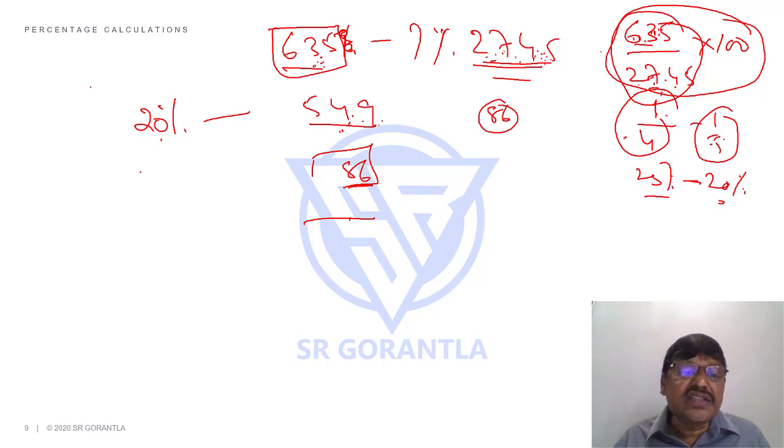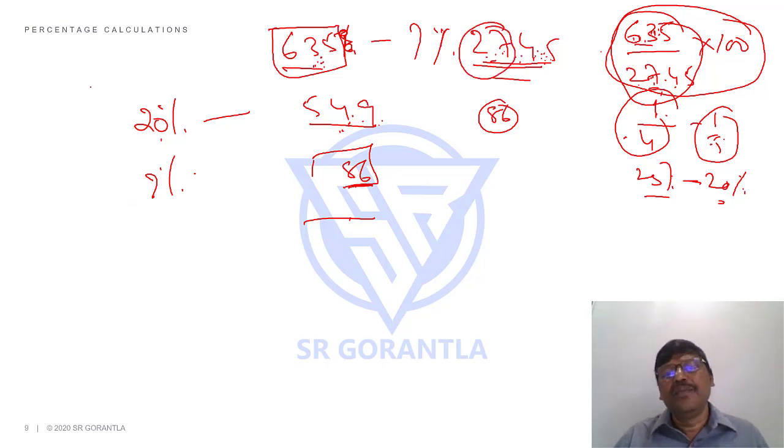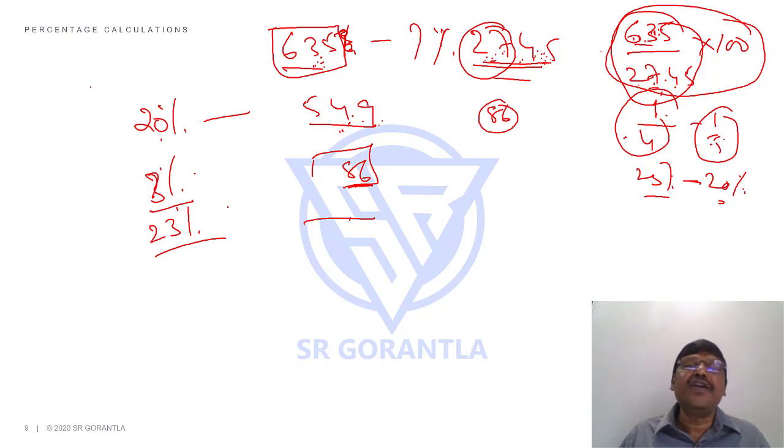But the question is, this 86 is going to be what percentage? Approximately. Don't do it exactly. Students, 1% is 27.45. Approximately 1% is 27. 2% is 54. 3%, 27 3s. You should be good at tables, I said. 27 3s is 81. So 3% will be 81 point something. That means my answer will be close to 3%. Hence it will be around 23%. Like that you should say. You don't need to calculate exactly 23.1 or 23.2 kind of stuff. Not necessary, students. If you want, you can do it exactly also.